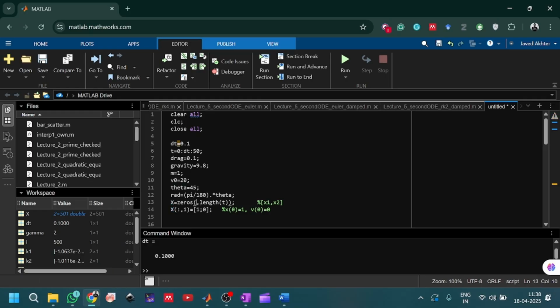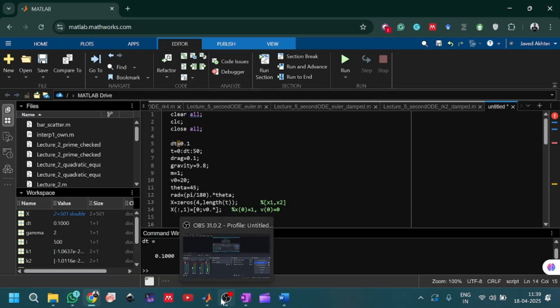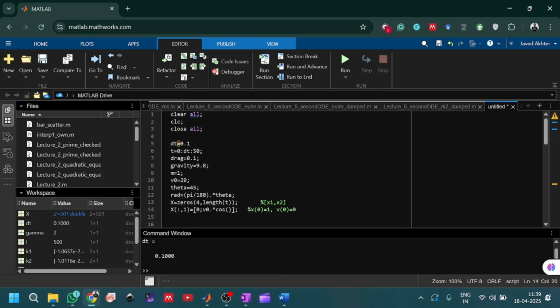So let's take it 4, and it should have 4 initial conditions. So this is the displacement. The displacement is 0, and what should be this value? It should be v0 multiplied with the velocity along the x direction, initial velocity into cos theta. So it should be cos radian,